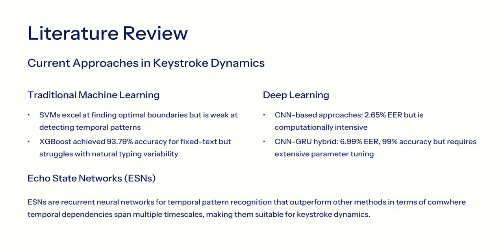Also, deep learning approaches are not computationally efficient, and these also require hyperparameter tuning. But among these, echo state networks are good because they have natural temporal capabilities, which makes them suitable for